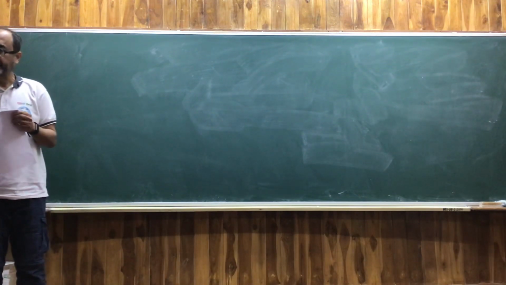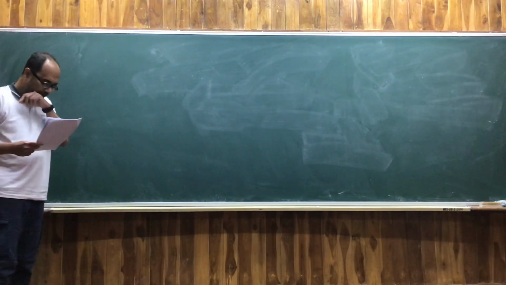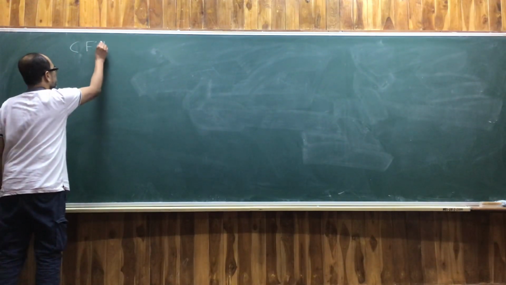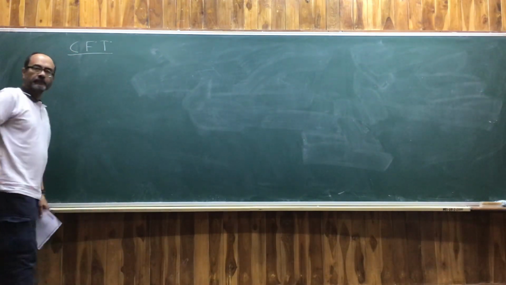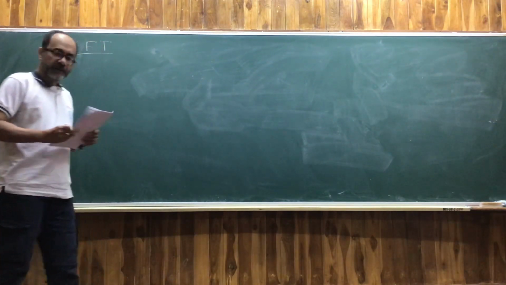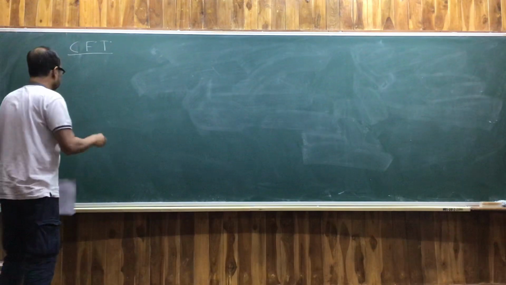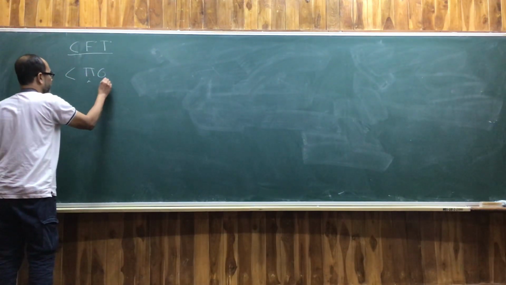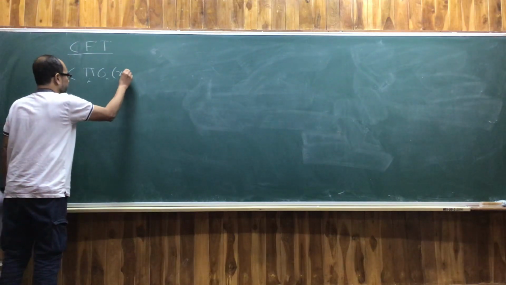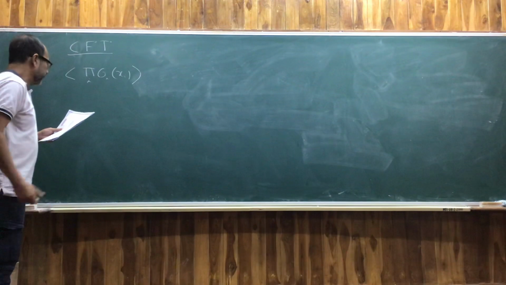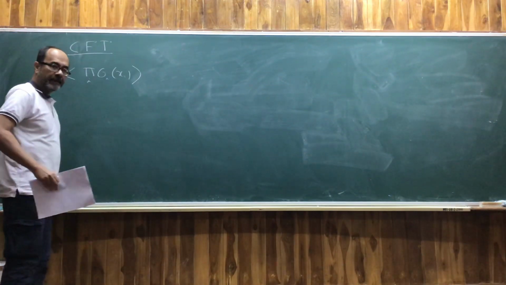Let me begin. So we are discussing conformal field theory. And the key property of the conformal field theory that we started with is this one: if you take a correlation function, the product of operators, assume that these are primary operators,